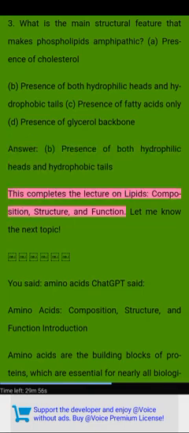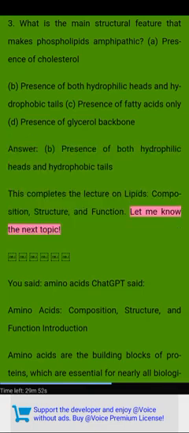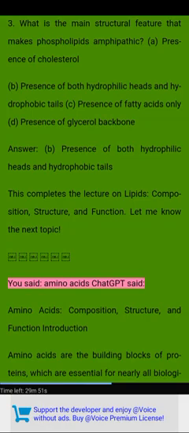This completes the lecture on lipids: composition, structure, and function. Let me know the next topic. You said, amino acids. ChatGPT said: